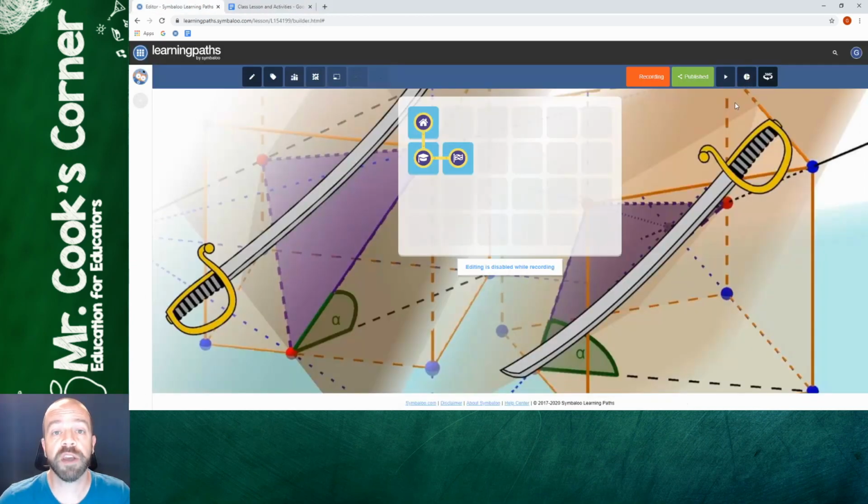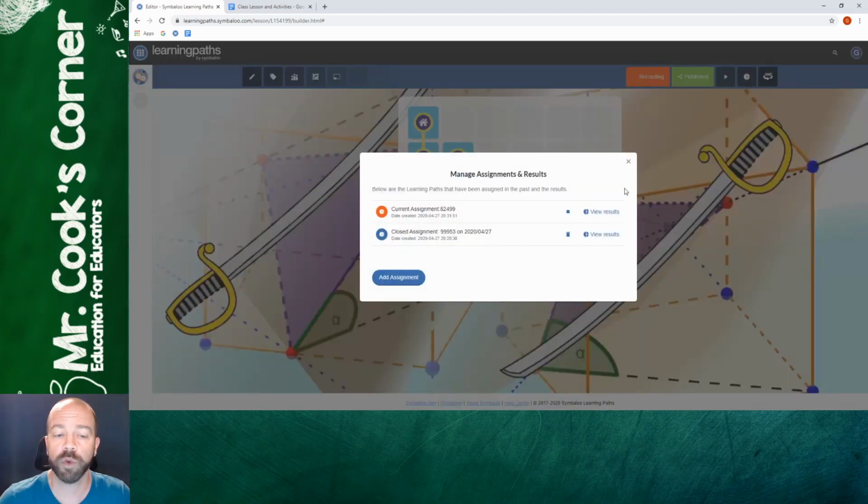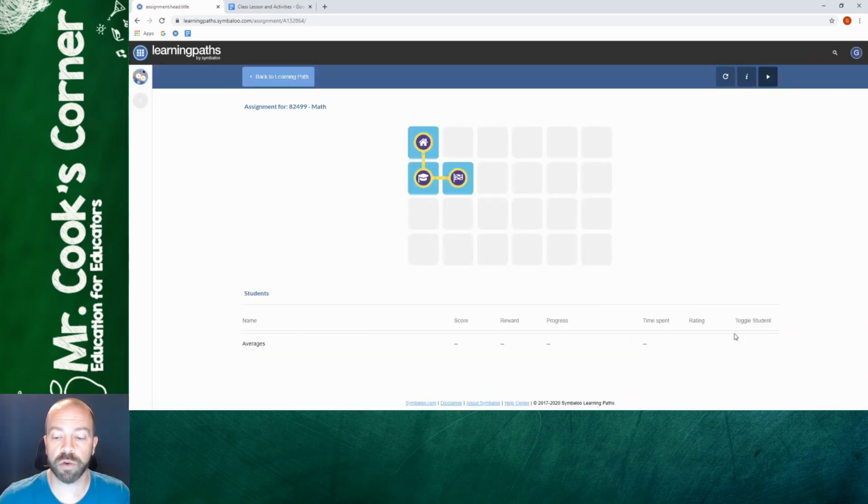When you want to see how your students are doing or if they're doing anything at all, in the top right corner, there's a little pie chart button, assignments and results. When you click on it, you're going to choose the assignment that's open. And at the bottom, it's going to show you the name, what their progress is, and most importantly, time spent. So if you have a long pathway and students are finishing it, you can click on here to look, and